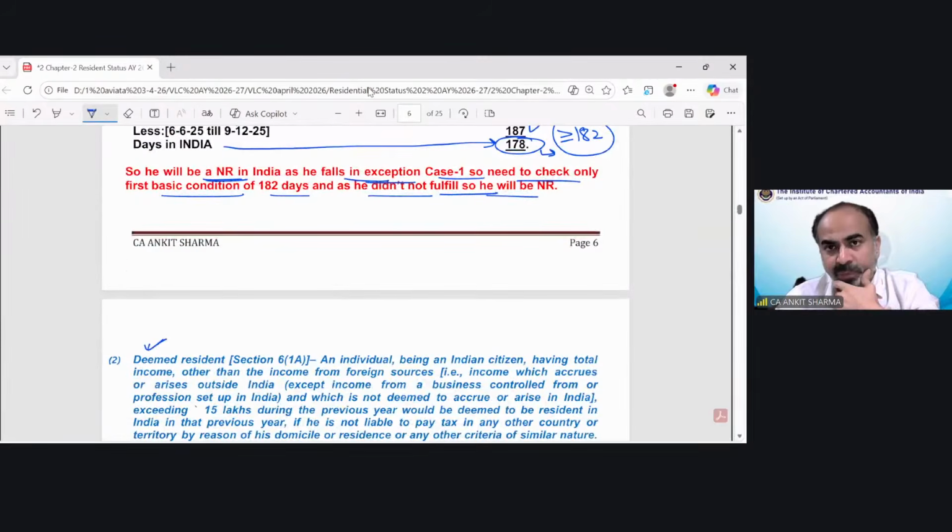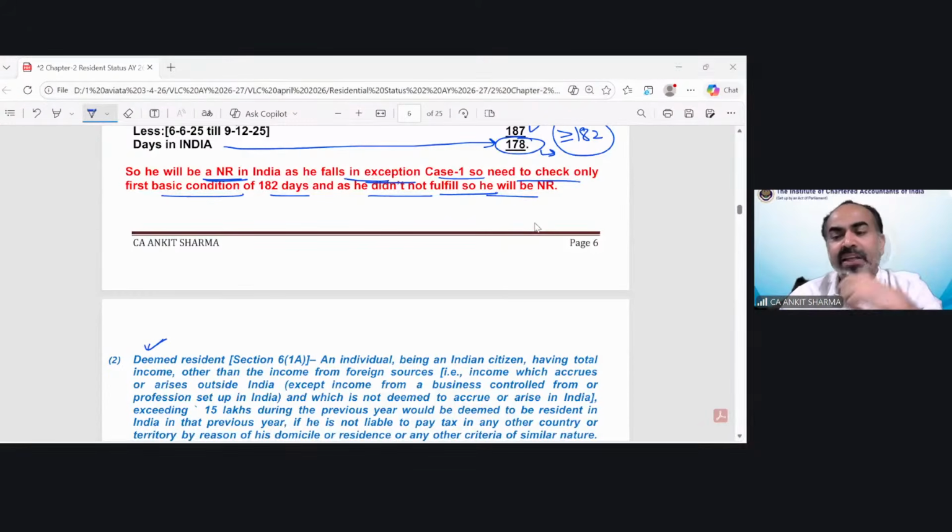Clear? Now the provision of individual has been completed. Yes, full day. Meenu Kumari, full day will be treated as outside India. The day he entered into the ship, the day signing off, those full duration will be treated as he is outside India. Yes, it is opposite of normal case. In that normal case, we assume the day of departure, arrival in India. In crew member, we calculate those days as outside India. Absolutely correct.